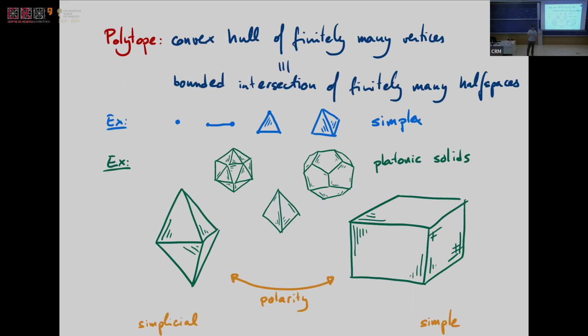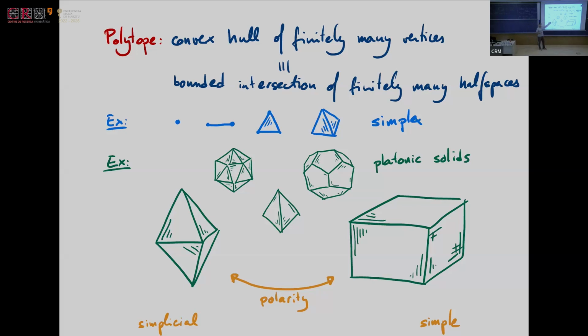and such a polytope can always be described as the intersection of finitely many half spaces, when this intersection is bounded. If you take only one half space, then it's not a polytope. And these are examples of polytopes. This is probably the simplest example. It's called a simplex. You take some affinely independent points, you take the convex hull, and you get a simplex,